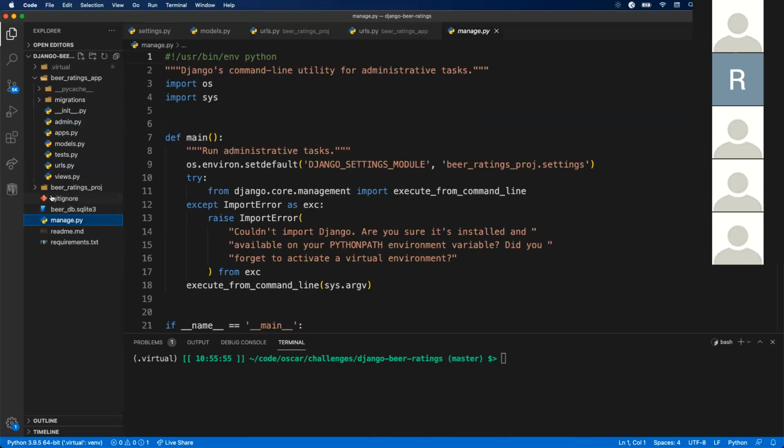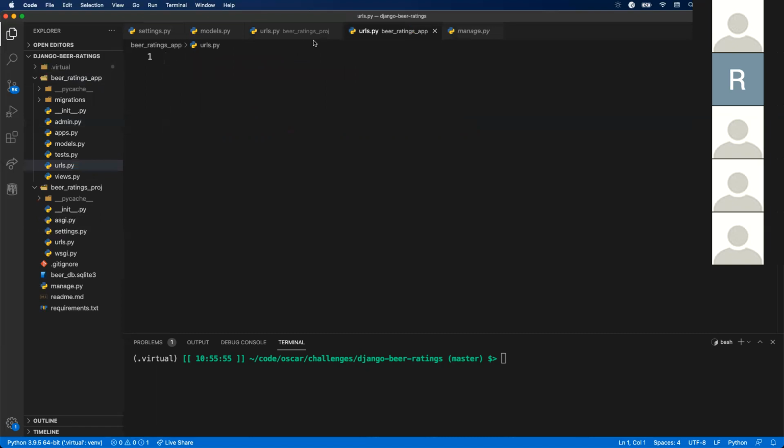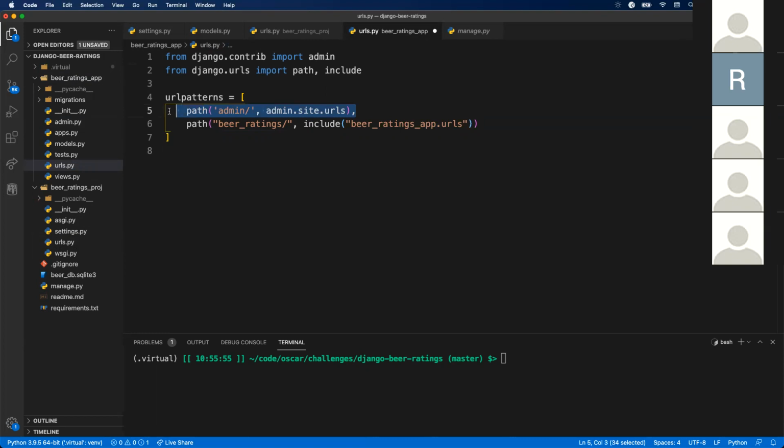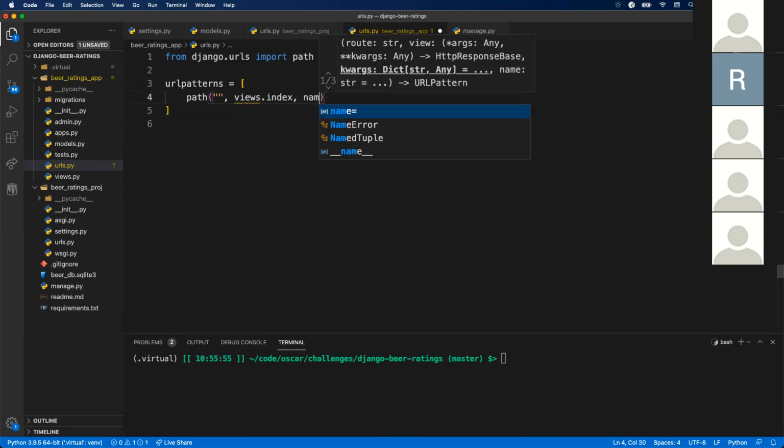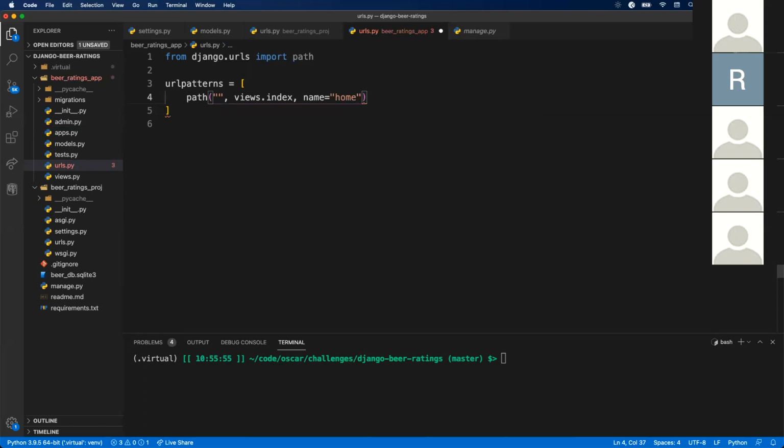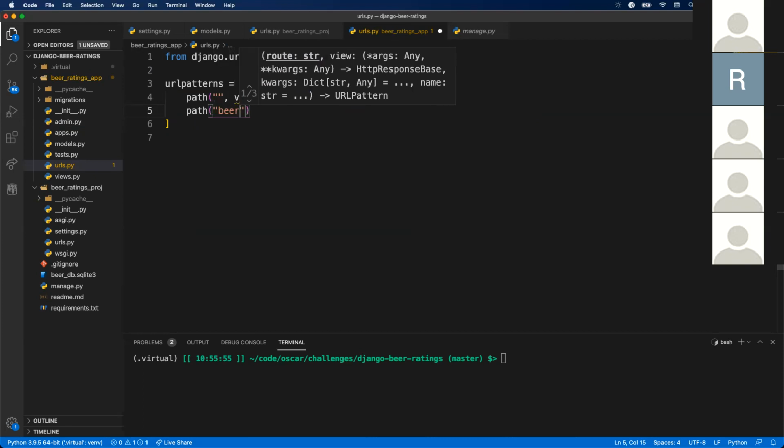Here, I want to have something similar. Drop this here. So in my app URLs, I'm going to create some items. I don't need this admin item. Path, include beer ratings, don't need this. Don't need include. All right, so let's create some paths here. Views.index is usually my homepage, so call that such. What else? Path of beer